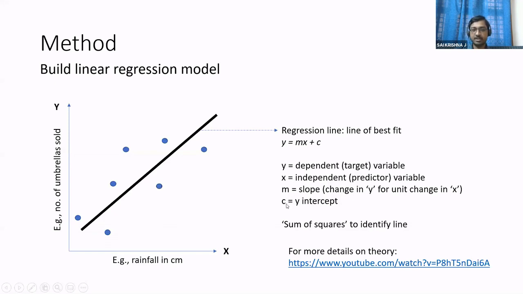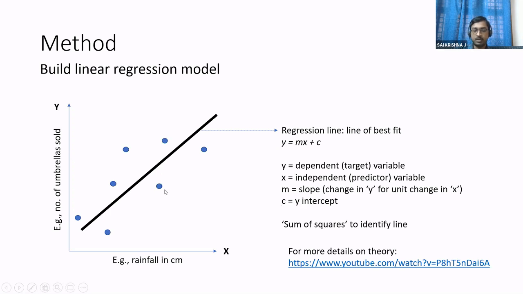And c is nothing but the y-intercept. So y-intercept is what you get when you substitute x equal to 0 in that equation. So you have this equation y is equal to mx plus c, and if you substitute x equal to 0, then y becomes c. So if you see here, when the value of x is equal to 0, you just extend this line up until here. So at this point, where my mouse is pointing right now, x is equal to 0, but still there is some value of y. So that is what we call the y-intercept. Okay, so that is represented by the letter c.